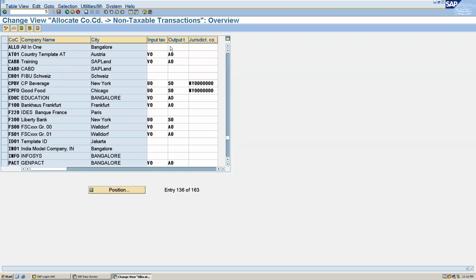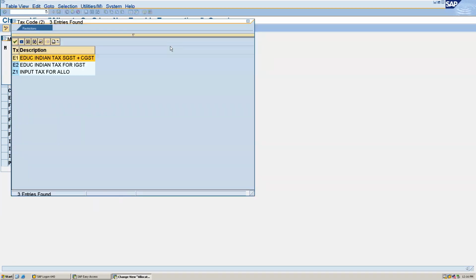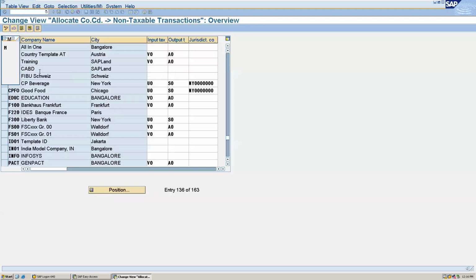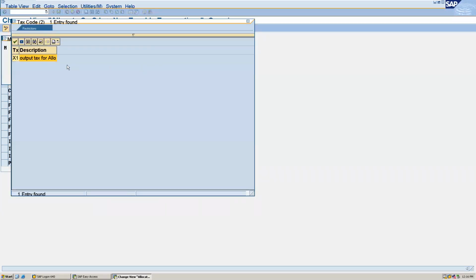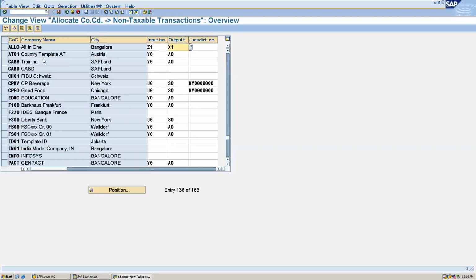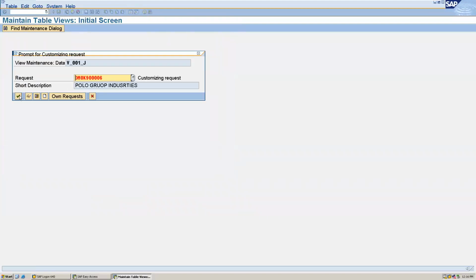For the input tax it is Z1, and for the output tax it's X1. Okay, now you can save this.